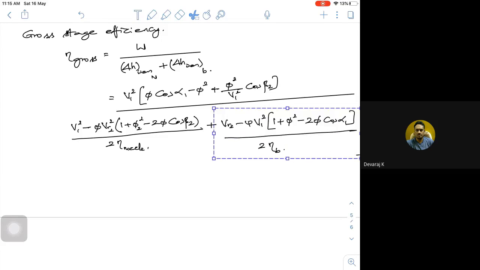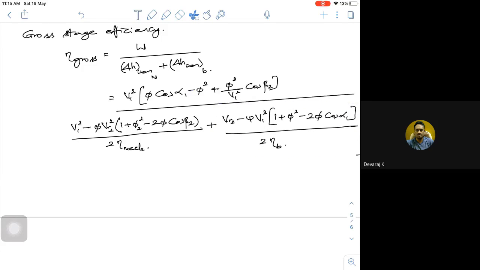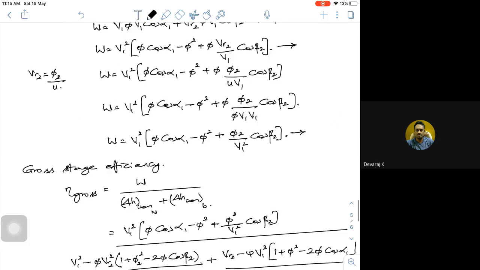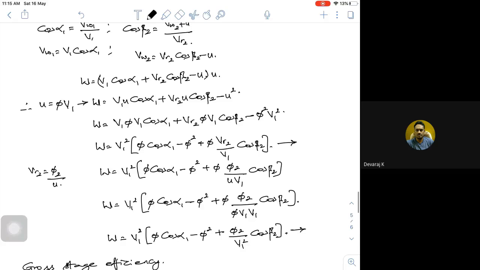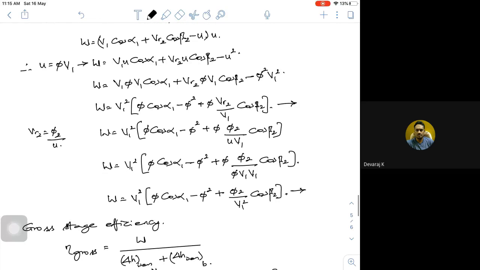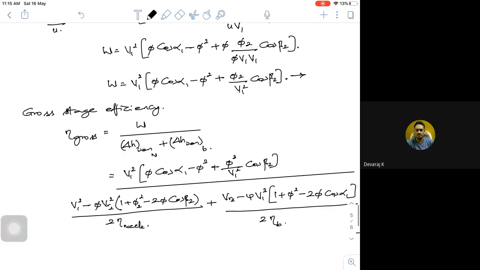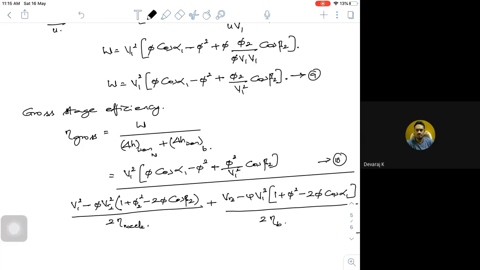I am calling that expression number 8, I call this 9, and this I am calling 10. So these will be the expressions for your impulse reaction turbine for work done,